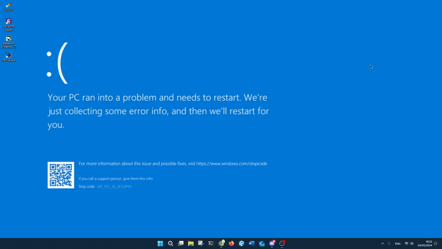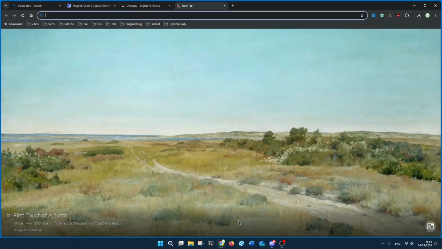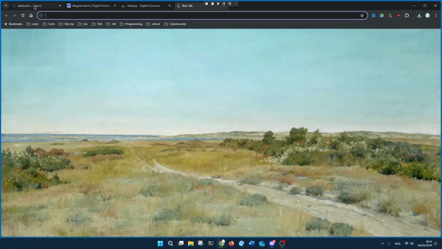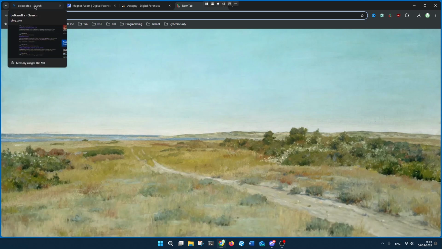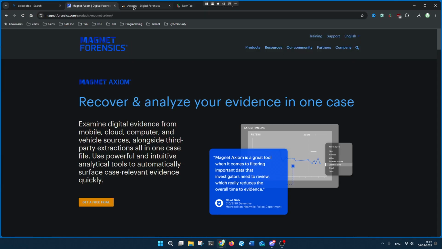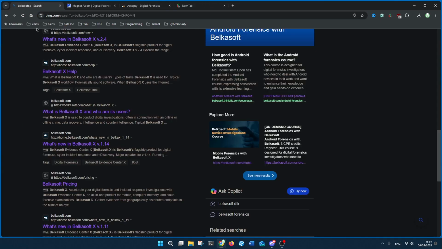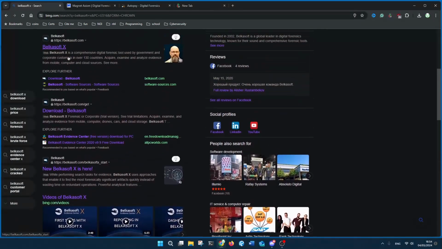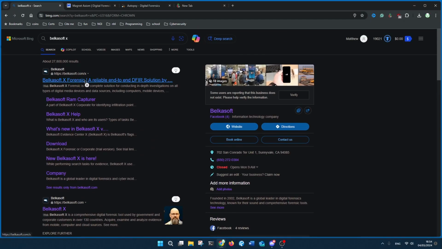So in part 2 of my forensic tool series, we're going to be going over the all-in-one software tools for digital forensics. Now in this case, we have tools like Belkasoft X, Axiom, and Autopsy. So first off, Belkasoft X, as we can see here on their site,